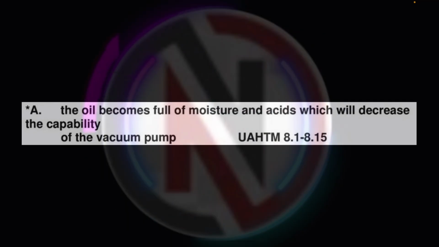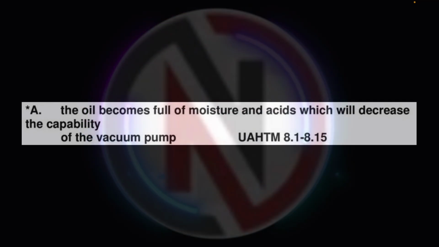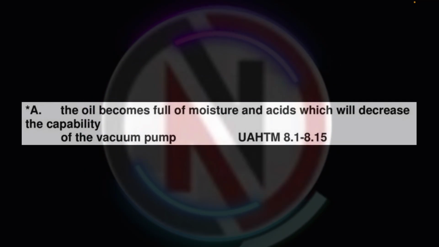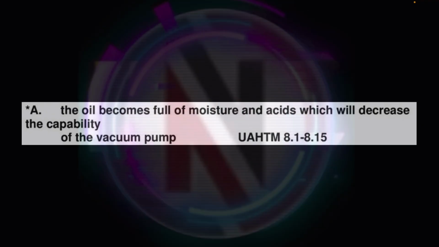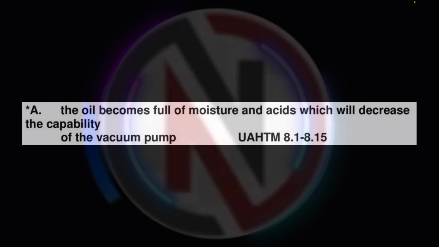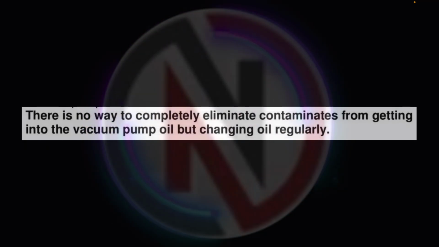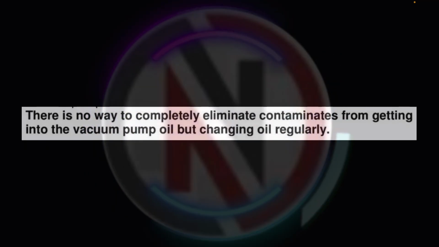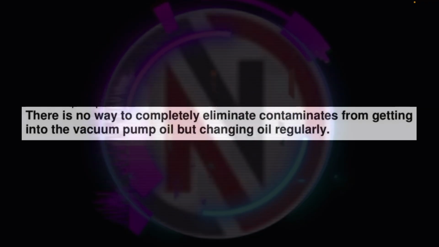A. The oil becomes full of moisture and acids, which will decrease the capability of the vacuum pump. UA HTM 8.18.15. There is no way to completely eliminate contaminants from getting into the vacuum pump oil, but changing oil regularly